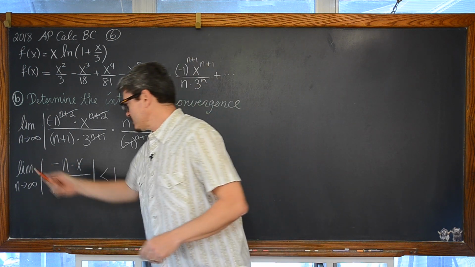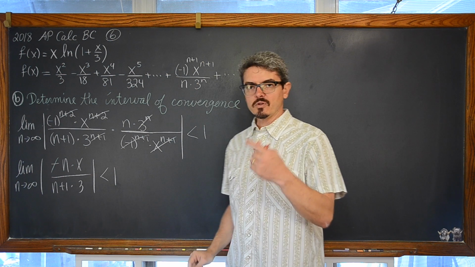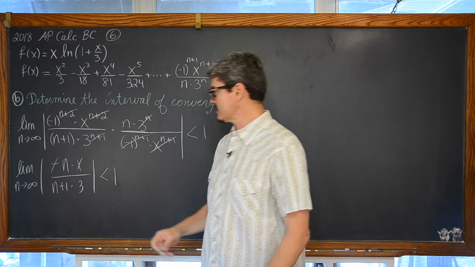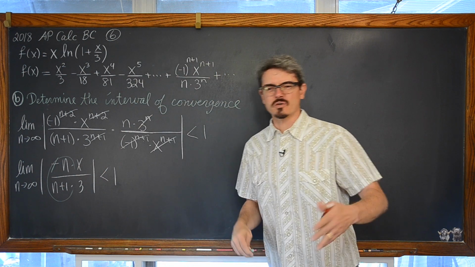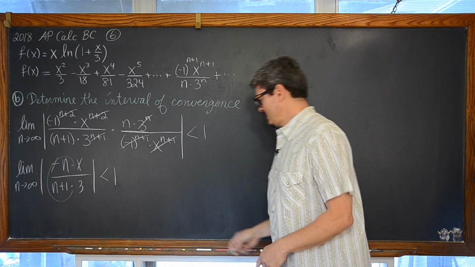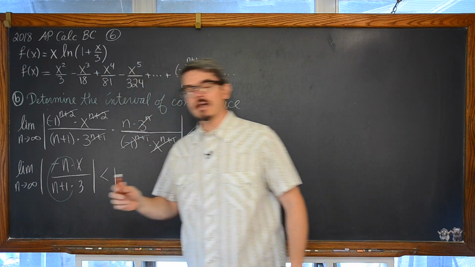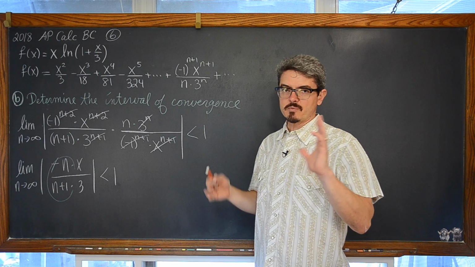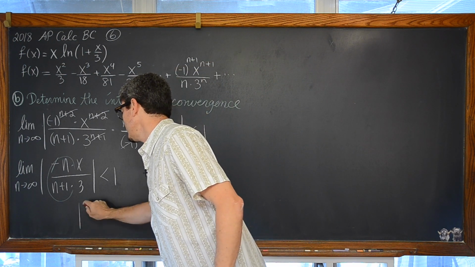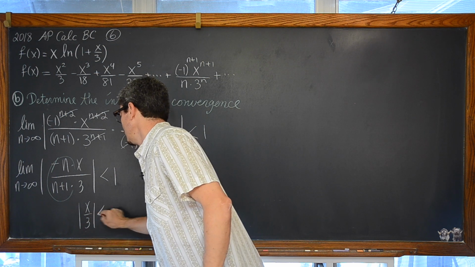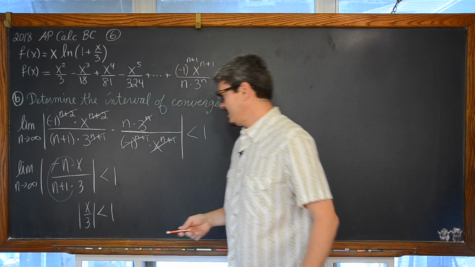Now, the absolute values are going to take care of this negative for us. And remember, we're letting n approach infinity, not x. So you're looking at just this n over n plus 1. And we don't need to show L'Hopital's rule or some kind of process to show that the limit of n over n plus 1 is equal to 1. They're not expecting that much work to be shown. We're just looking now at the absolute value of x over 3 is less than 1,